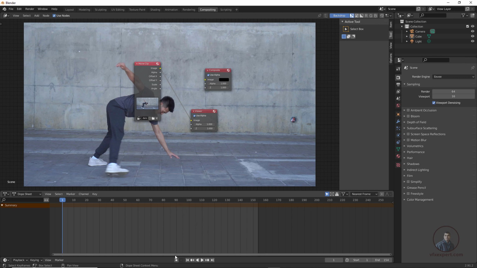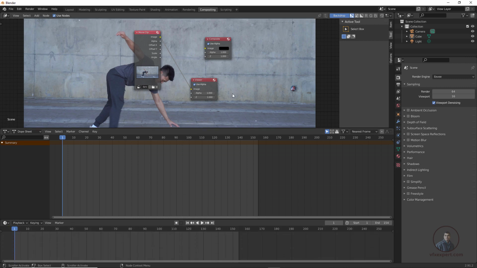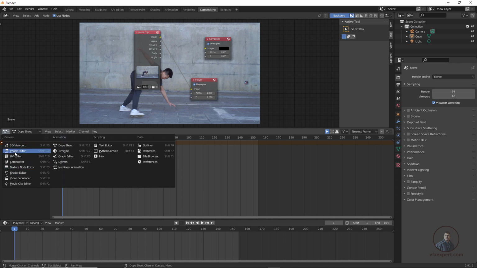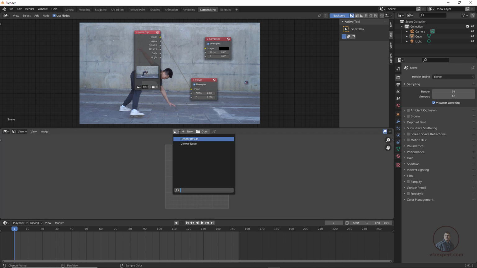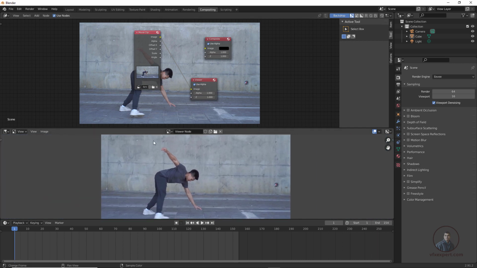Here I am going to enable another viewer downside. For this, just adjust this area a little bit. You can see, just adjust this one. Again press Alt plus Home button. In this frame I am going to enable our viewer. For this, simply click here, then take this image editor, then again click here and select this viewer. Same thing, this will display here. So what I am going to do here, this panel we will use for our viewer, and this area we are going to use for our node graph.